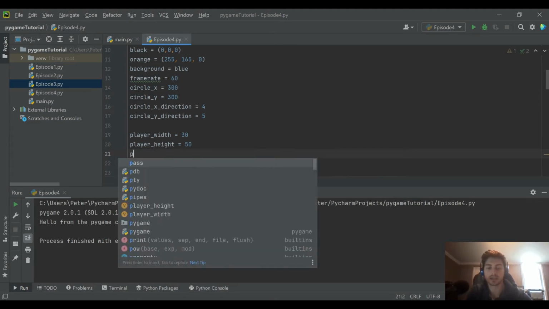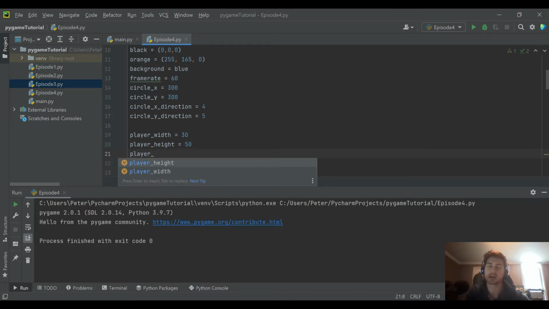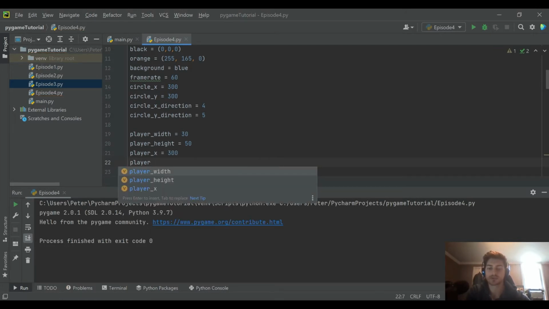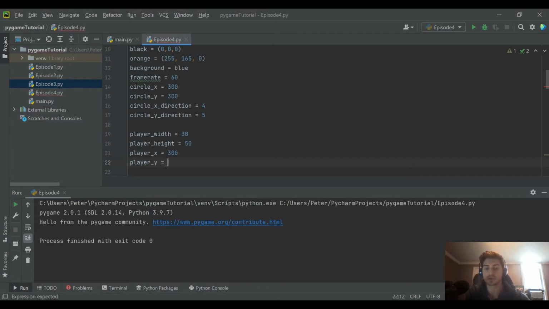Once you have an object in mind, you are always going to need a width and a height, and then especially for rectangles or images or even circles, you're going to need coordinates for it to start with. So for player X, we'll say start in the middle of the screen, but then we don't want starting too close to the circle because eventually the goal will be avoid the circle. So we'll say 500, which is going to be pretty close to the bottom of the screen because the coordinate grid in Pygame actually starts at the top left. So the bottom of the screen is 600 and the far right side of the screen is 600